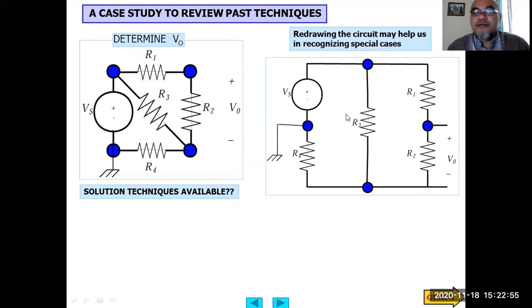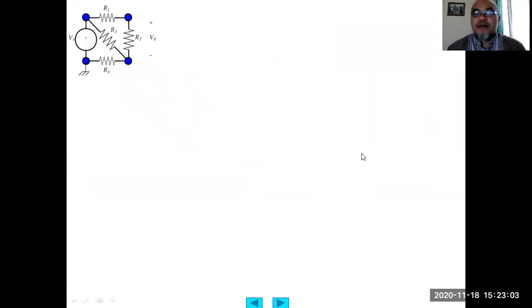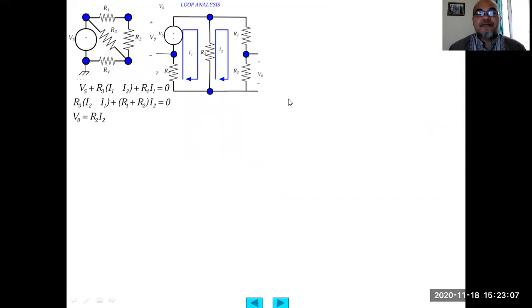Okay, this part. So from here we can solve using parallel resistor and series resistor, or otherwise we can also use loop analysis and node analysis. So after redrawing, we draw two meshes or two loops. So here from the first one, starting from this node,